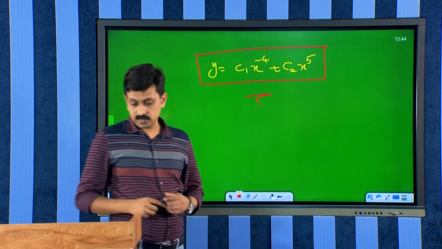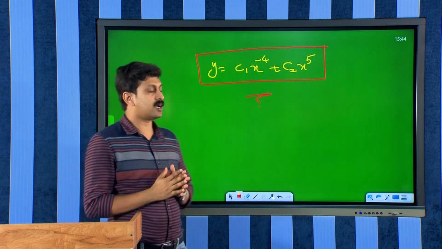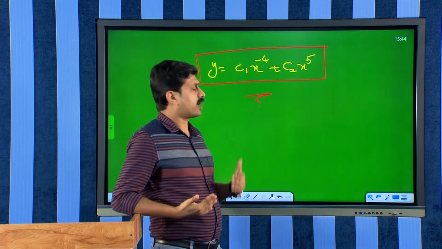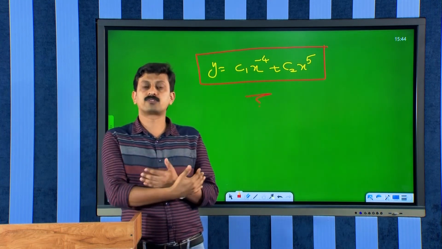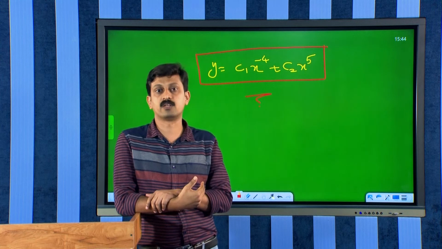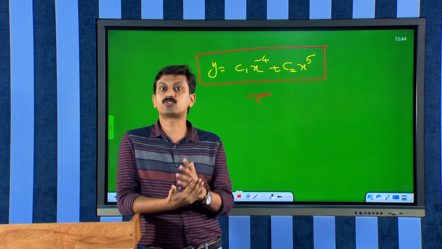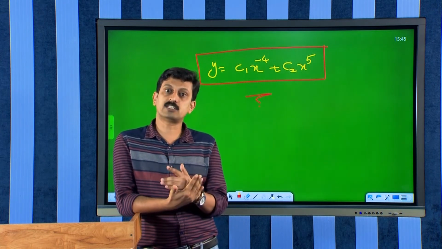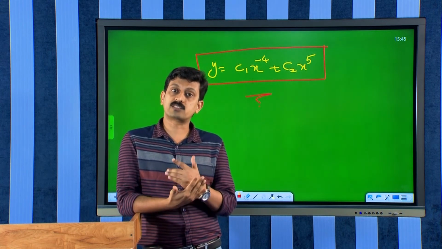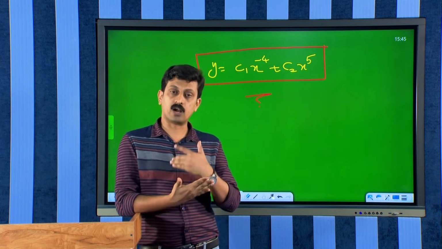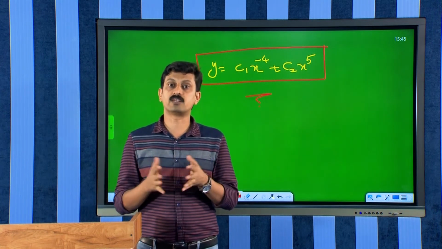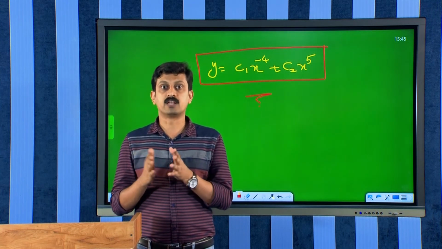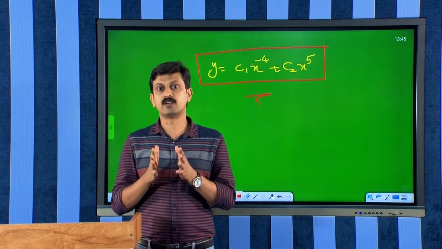Okay, fine. So this is the very first part of the Euler-Cauchy differential equation, and we can have two more types of Euler-Cauchy differential equation based on the roots of the characteristic equation, that is the auxiliary equation. We just discussed that the roots of the auxiliary equation are real and distinct. Now we have to discuss the cases where the roots are real and equal, and where they are complex conjugates, which we will discuss in the upcoming